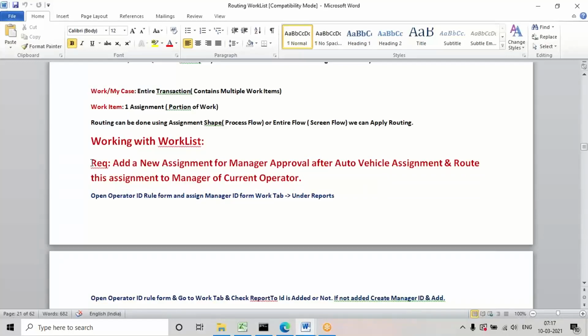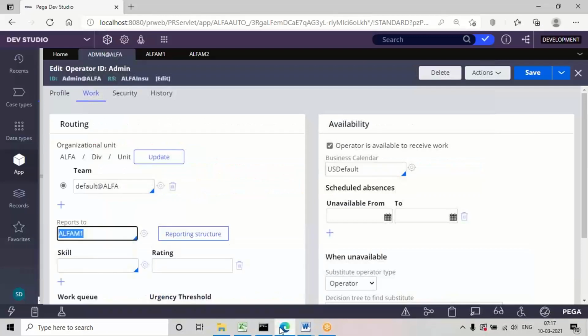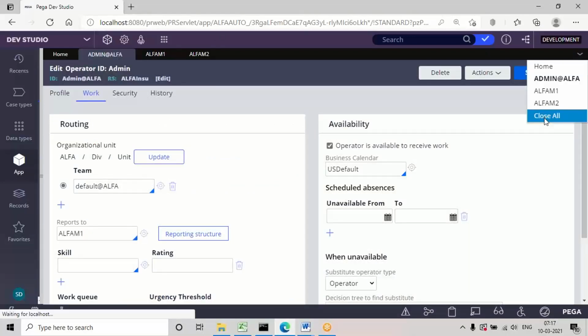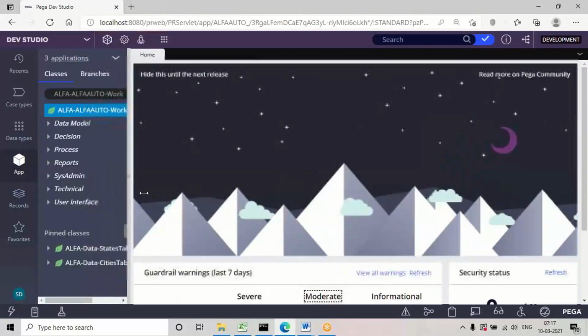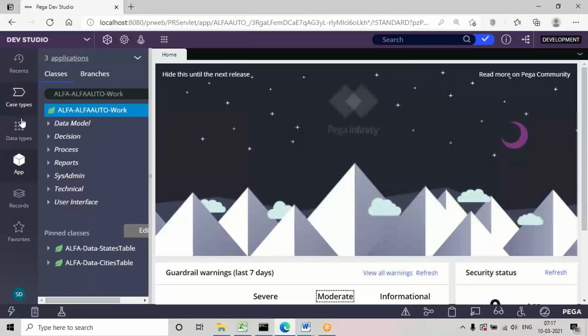To complete this requirement, first of all I'm going to create one data class. Only a data class I'm creating, not a data type, only for reusable properties.